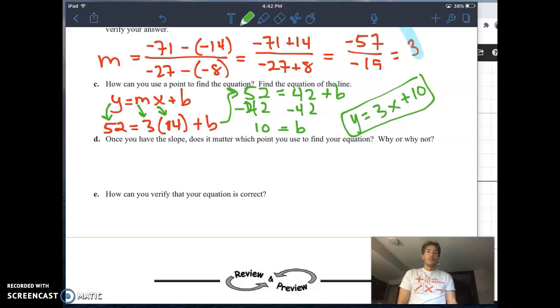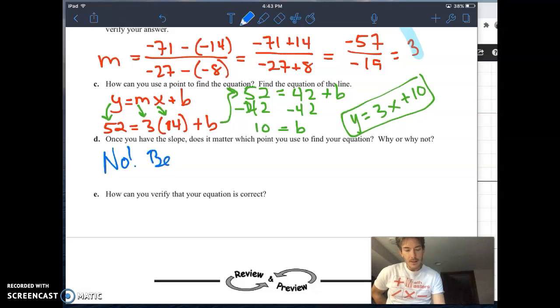Okay, now D says once you have the slope, doesn't matter which point you use to find the equation, why or why not. This is something that I hinted at earlier, and now let me be explicit about it. The answer is going to be absolutely not. No, it does not. And you're saying, why, Anderson? Why not? Because